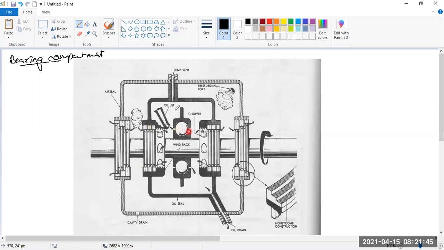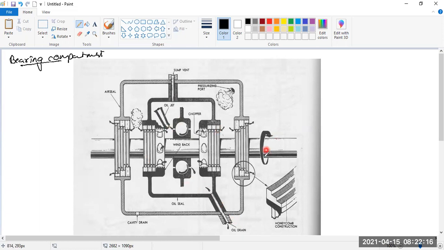So what happens is, there are the oil jets. Can you see this? After the pressure pump, there is a filter, and from the filter the oil comes into the oil jet. From here the oil under pressure will be thrown onto the bearing. It will lubricate the bearing. Now after this lubrication, the oil has to be taken back into the oil tank. So we have got an oil drain. It will lubricate, and from here it will be collected.